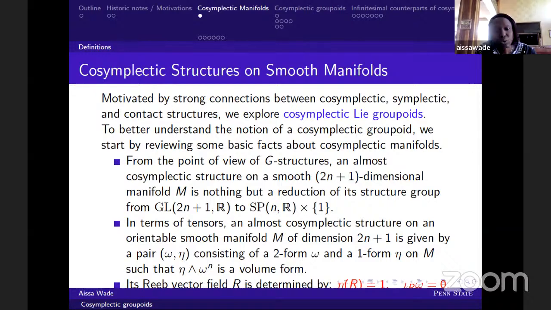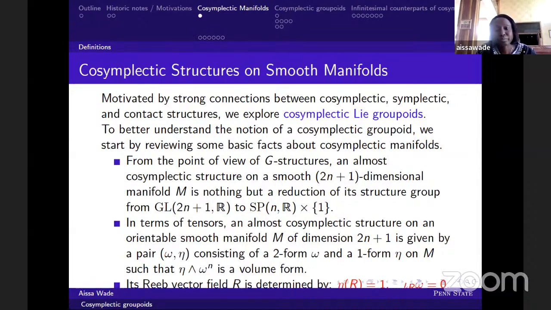Here we take the product with the trivial Lie group. But in terms of tensors, an almost cosymplectic structure on an orientable smooth manifold of dimension 2n plus 1 is